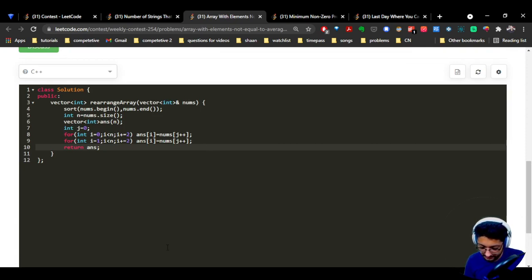Just sort the whole nums vector, make another vector to store the answers, and just iterate from 0th index till n, and just jump by 2 positions and insert all the numbers from nums into answer of i. Then if you go out of bound, start again from 1, because you have filled half of the numbers till now. Then again start from the first index and go till the end, jump by 2 positions, because you have filled the other half, and again fill all those numbers into the vector. I hope you understand the second problem also.